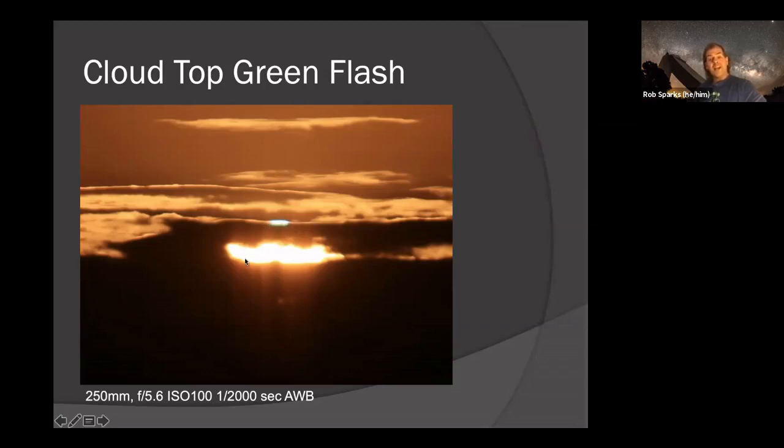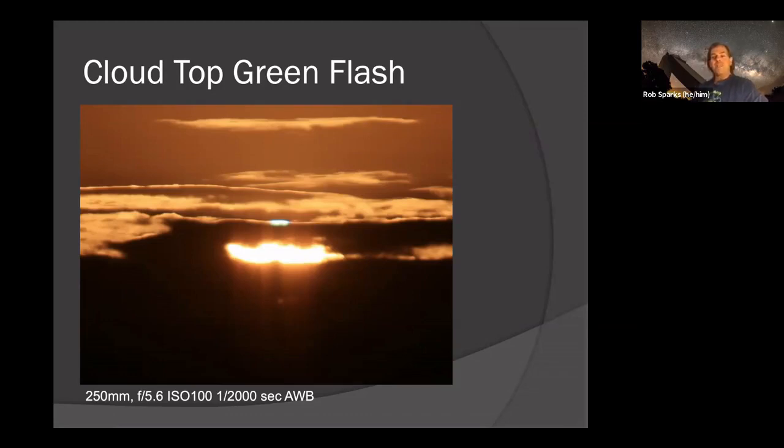The reason I didn't see it with the naked eye is because there was still this very bright sun poking through that gap in the clouds. I tend to see them naked eye when the clouds are solid and you see only the tip of the sun to get that green flash. If you see more bright sun down here, it typically overwhelms your eye and you won't see that fainter green flash at the top. So this one was, like I said, just a happy accident and discovery that I've made. It's like, yeah, you can get those. And there's actually literature out there on them. So I found that extremely interesting, but I had no idea.